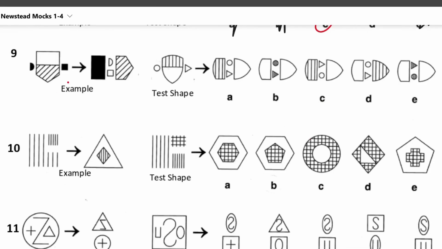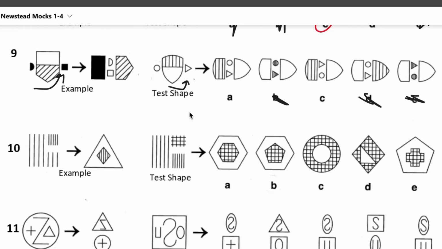Question 9, these shapes are going to do a 90 degrees rotation anti-clockwise and then split. So we're going to do an anti-clockwise rotation and then split, which means these shadings stay the same, by the way. If they're vertical, they're going to stay vertical. And so we can't have something like D because the shading is all wrong, or E because there's no shading at all, or B because